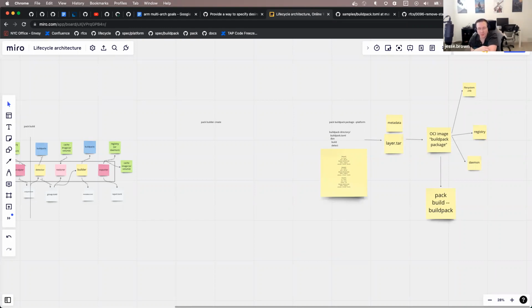You did talk earlier about doing a pack build and specifying a builder, and the user not having to think about what platform it is. Obviously, there are going to be differences between builders and what buildpacks they support.